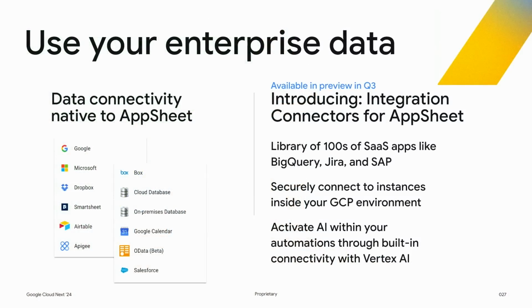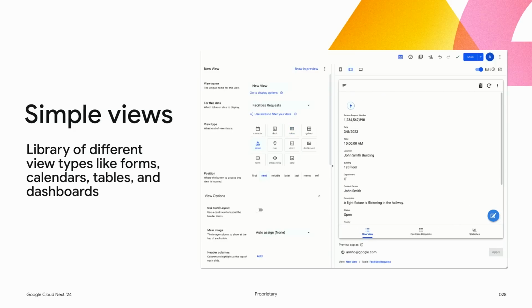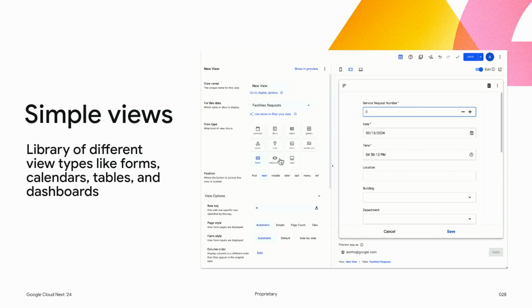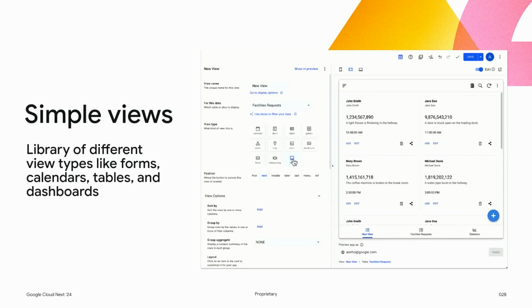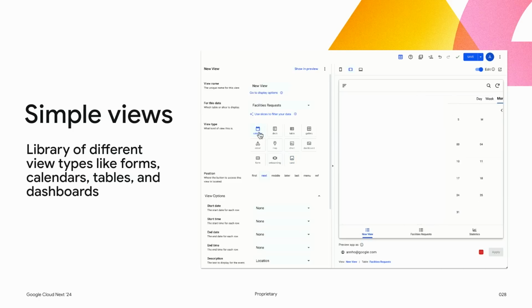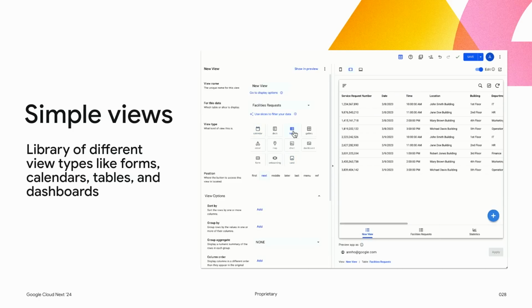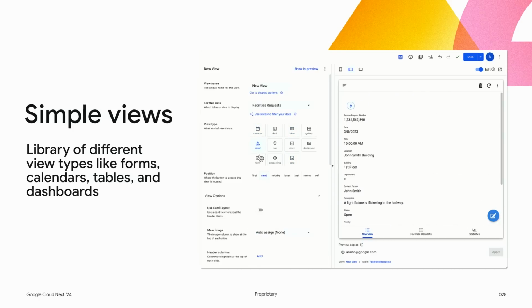So data might be the first thing that you do and kind of connect. But the data needs to be easy to use and understand. So maybe Gwen doesn't want to deal with all the pages and modules that are part of Salesforce, or she doesn't want her team fumbling with her spreadsheet and changing the wrong rows or the wrong columns. With AppSheet, she can build nice views with just the data that they need. She can choose from a variety of layouts, like a form for submitting new requests, a calendar so her team can see when things are due, or a list view so she can get an overview of her backlog.